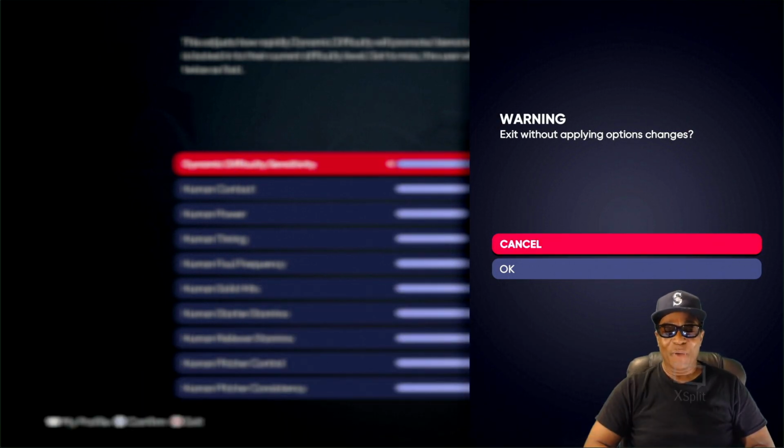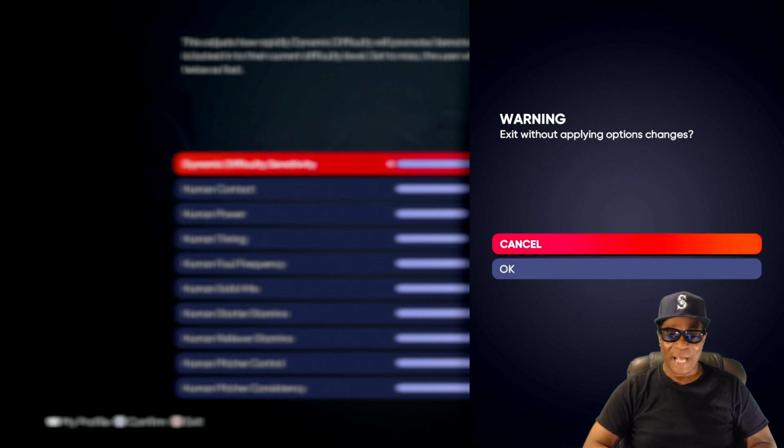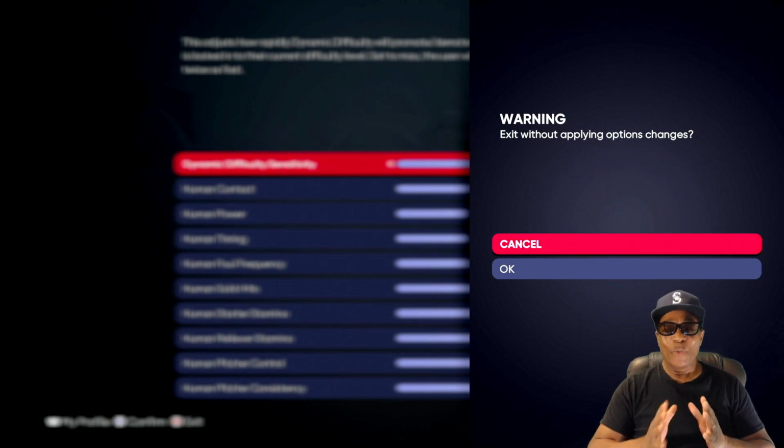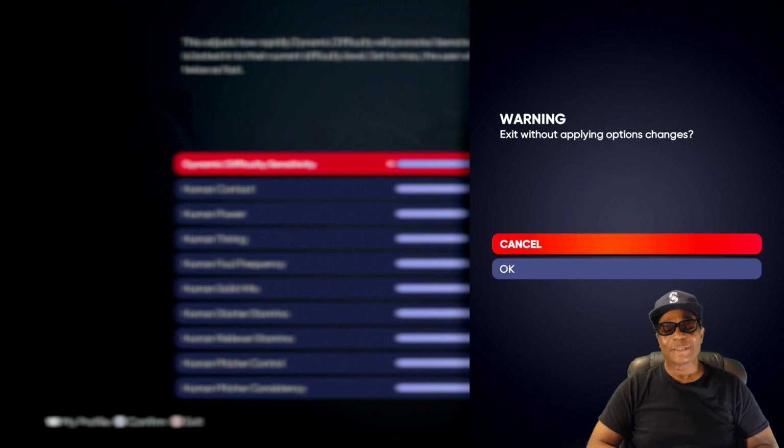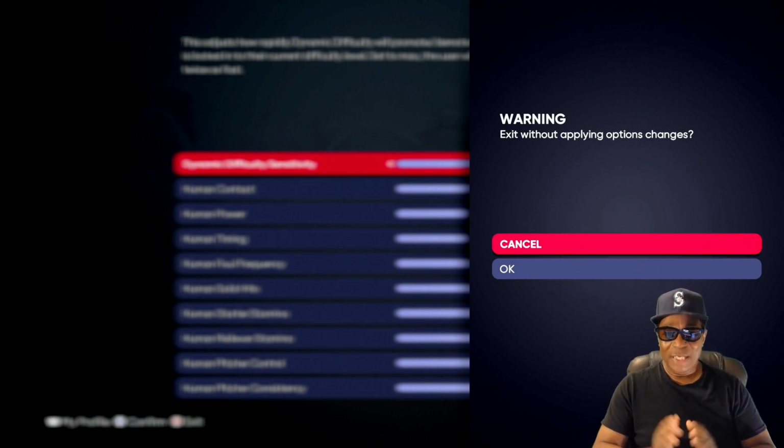Guys, we're going to talk about MLB The Show 21 sliders. When we talk about sliders, I'm talking about sliders in a different situation. It's not like we're talking about sliders with Madden or 2K. In Madden, we do sliders to make the game better, right or wrong.